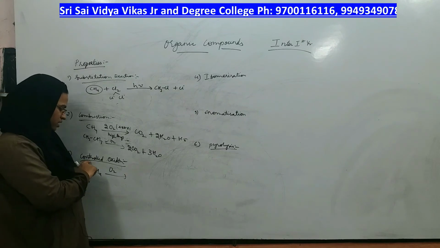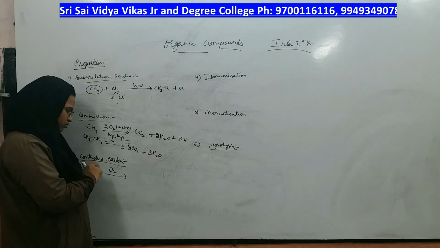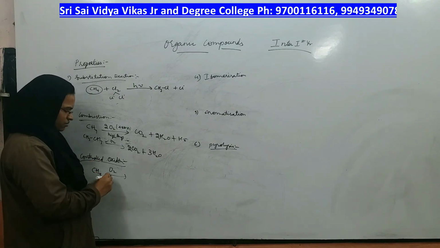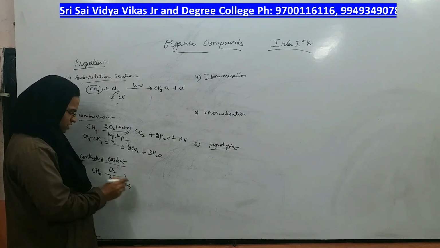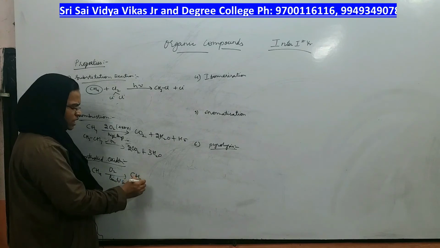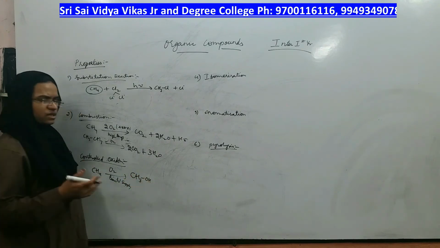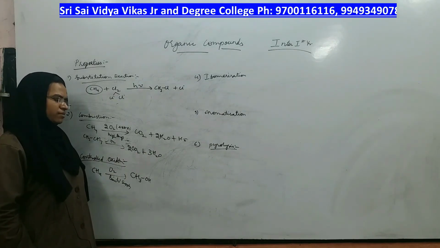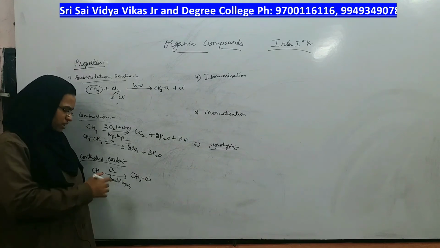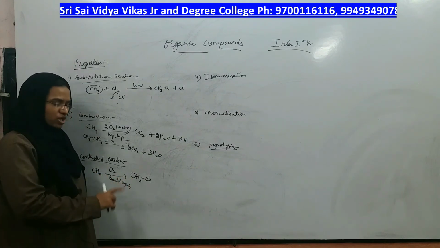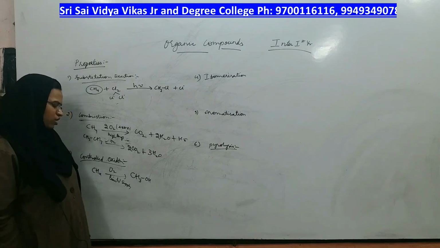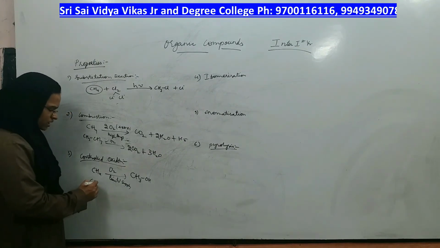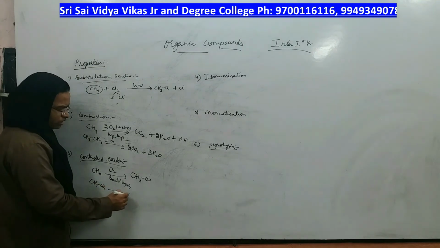So what is the name? You are doing oxidation but at a controlled rate. So it is called controlled oxidation, limited supply. If you give a limited supply of oxygen, all the hydrogens will not come out from the carbon, and only if all the hydrogens come out will you get carbon dioxide. In this case, all the hydrogens are not coming out, therefore you will get methanol, right? So this is the example of controlled oxidation. If I take ethane, it gives you ethanol.